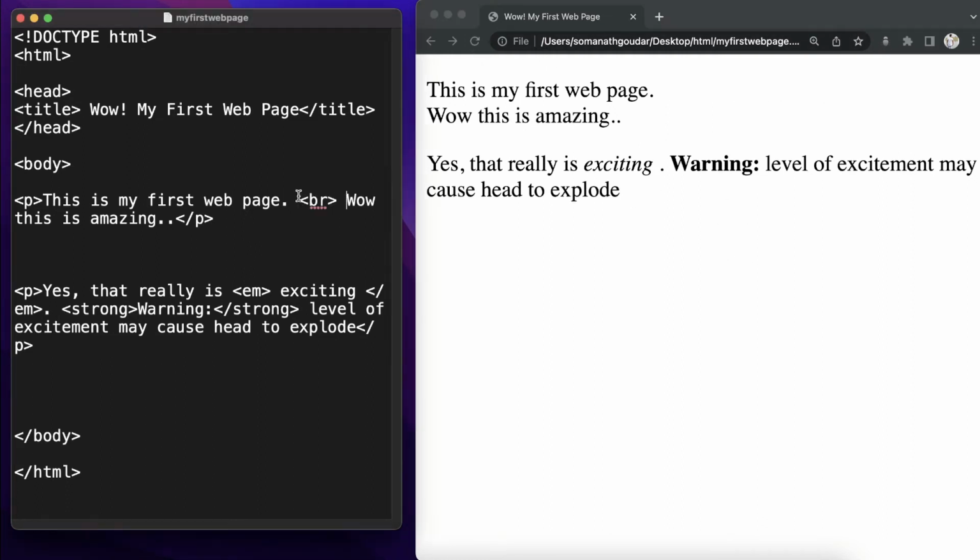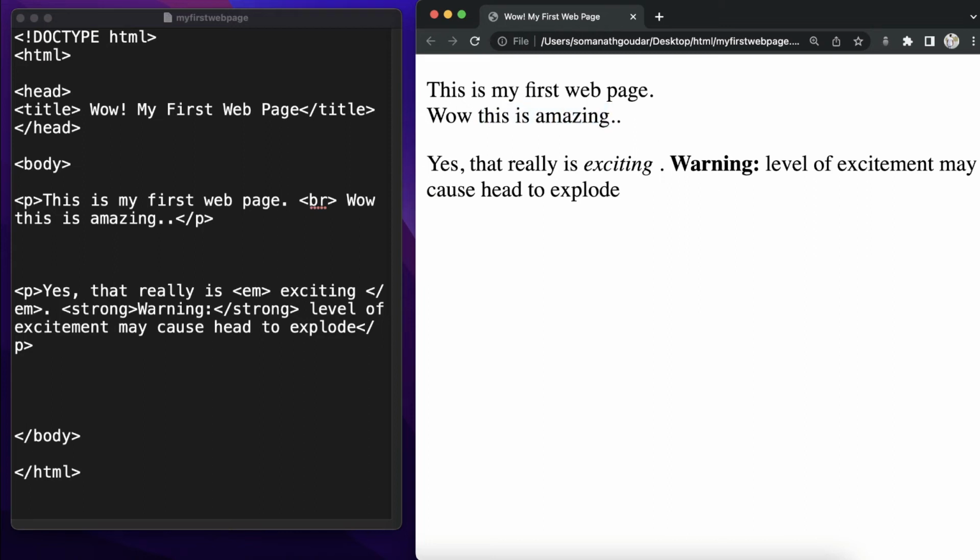As you can see, there we have defined our br tag, and now whatever the text is right after this br tag, you will be in the next line, as you can see. So you might also notice that for the br tag there is no closing tag, right? That's because there is no content between the br tag, so we don't have to specify the closing tag of br. It's just a tag for line break, meaning it will break the line and make the content appear in the